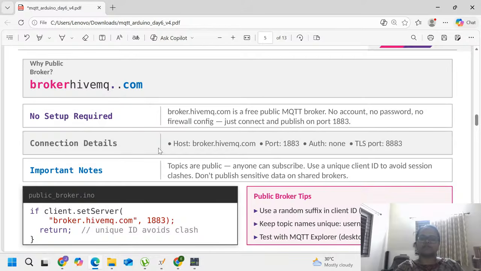For test purpose we are using this, but our intention for the project is to use ThingsBoard cloud. For our project we'll be using ThingsBoard cloud, that we'll see later. The broker running on ThingsBoard only we'll use. For now, in order to test, we'll be using the free public broker. Then connection details, the port number is 1883. Then important notes, don't push any